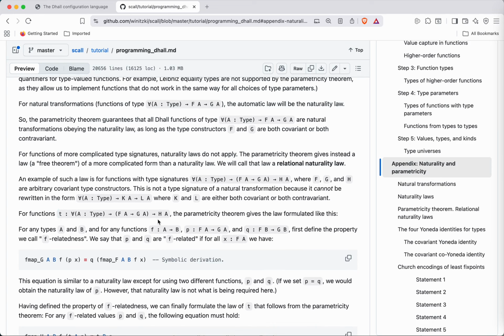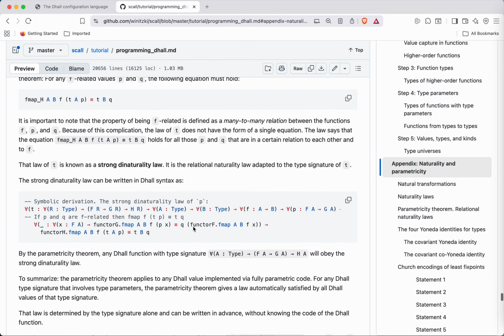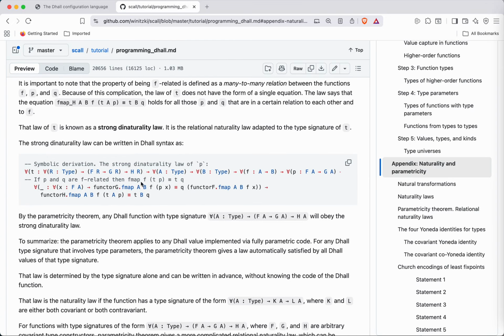So this is certainly not an arbitrarily complicated sort of function type, where actually f, g, and h must be covariant, so they must be functors. This is a certain sort of type which is often seen in Church encoding, and the parametricity theorem gives you a certain equation that this satisfies, or rather a relational property, which then is converted into equations, and that is what I explained here, how that works, and how to write that law.